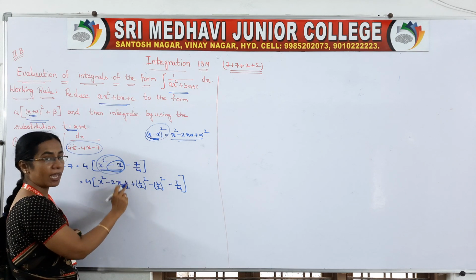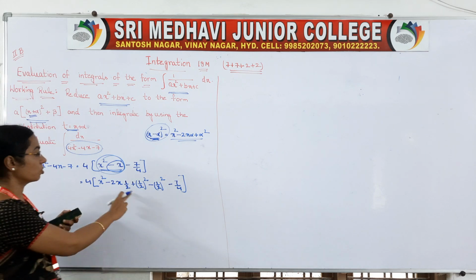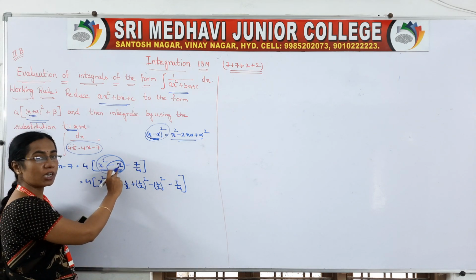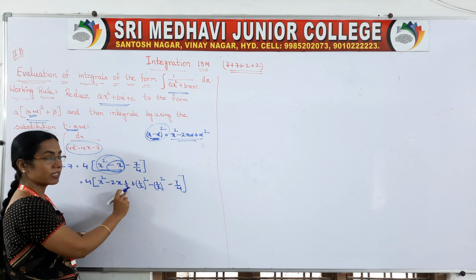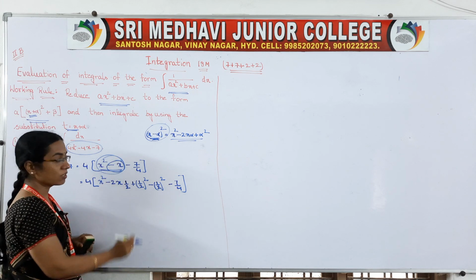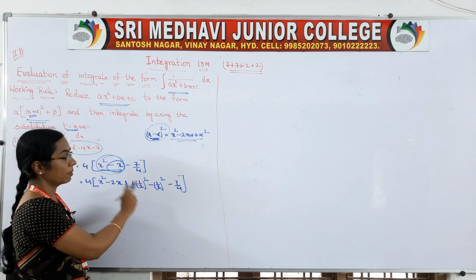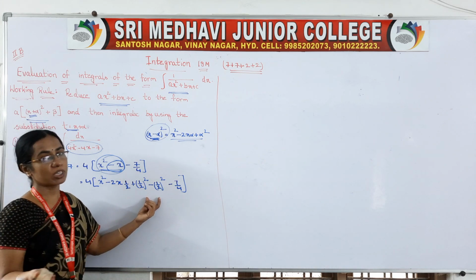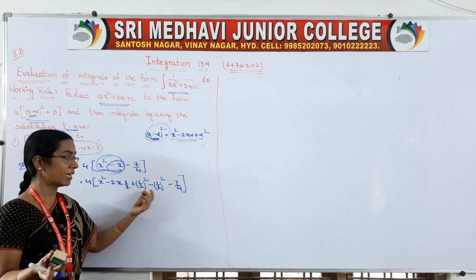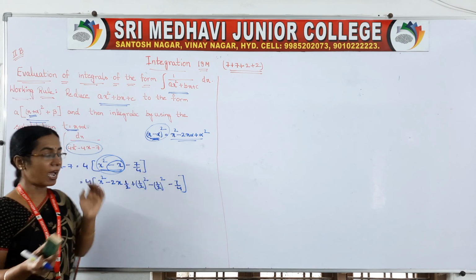That's why make it balance. So you multiply with 1 by 2. So 2 will get cancelled. You will have your minus x only. So x square minus 2x alpha form. We want alpha square, where in alpha's place we are having 1 by 2. So you take 1 by 2 whole square. But in mathematics we cannot take only a simple one value. If it is added, you have to subtract, and the remaining minus 7 by 4 as it is.